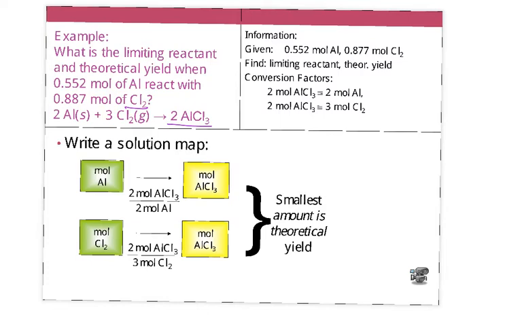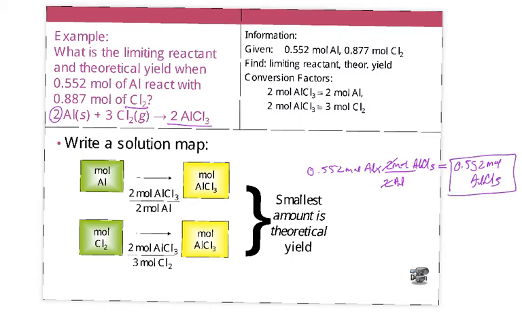Let's do aluminum first. If we have 0.552 moles of aluminum, we know that we can use our balanced chemical equation to figure out the molar ratio of aluminum to aluminum chloride. And we know that for every 2 moles of aluminum, there is 2 moles of aluminum chloride. So this is just really multiplying by 1 because it cancels out. So we have 0.552 moles of aluminum chloride